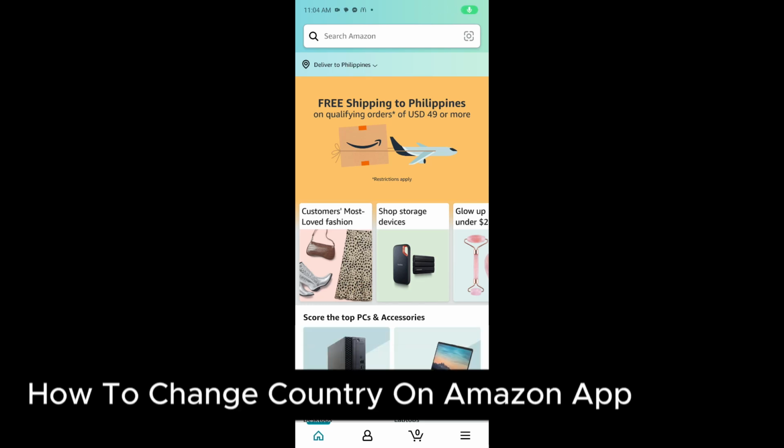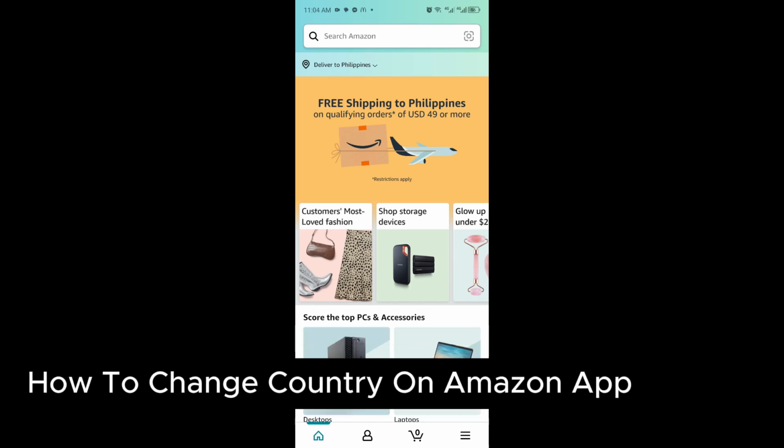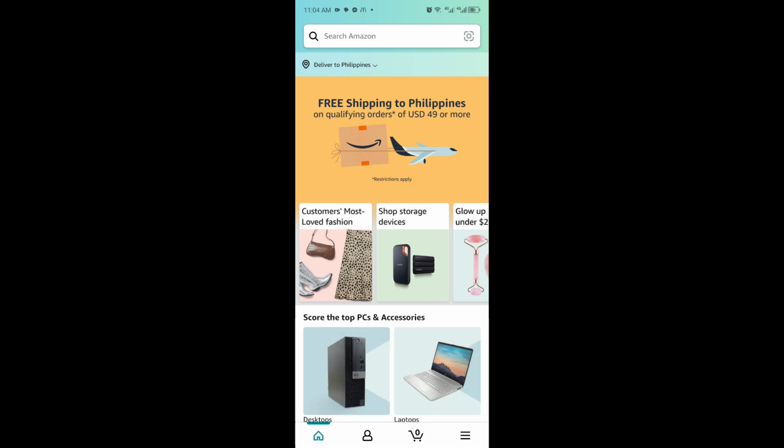How to change country or region on Amazon app. This is a step-by-step guide, so you should be able to follow easily. This is really simple. All you have to do is to open up the Amazon application right here, and you